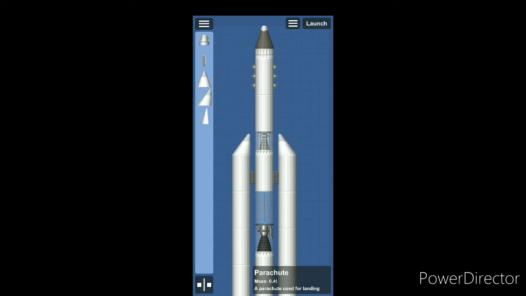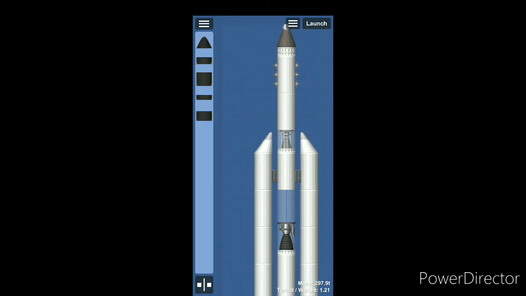This first one is a parachute we have already used. The second one is a parachute that can be used horizontally or vertically. And these are some external parts that can make the rocket go a little faster. And this is like a compartment you can make in the rocket. You can make some room in the rocket, like to put some satellites or rovers or something, which I'm going to show in upcoming videos.